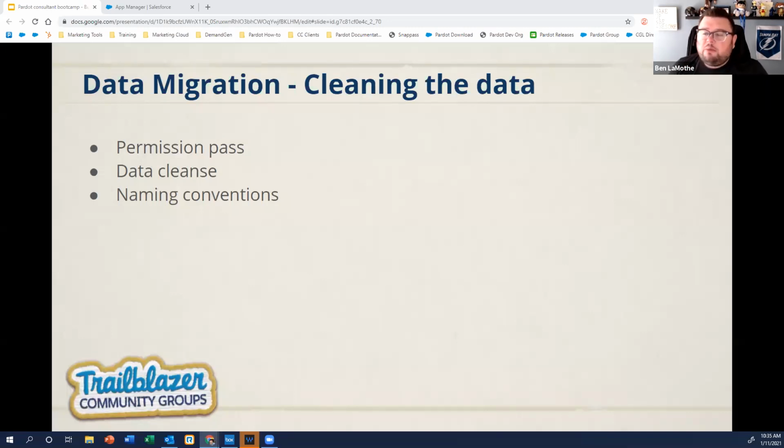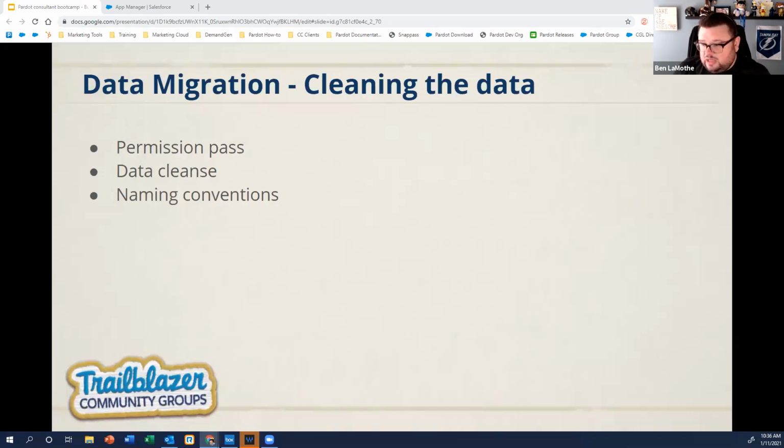When you're bringing in data, or lists from another automation tool, it's not a bad idea to make sure there's something in the name that identifies it as being an older list, like this is from Marketo, or this is from whatever it was. So you're able to distinguish in your instance that this is a list that was created, has attendees, and people who are part of this list are from this other instance. So when you're looking at your list you know, okay, this is older stuff, and you may want to go back and assess whether this is still list criteria that's good. Having a sense of what is old and what is new in your database is, in my view, very important,